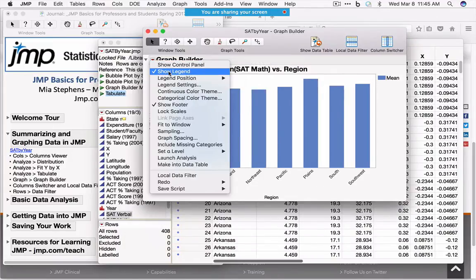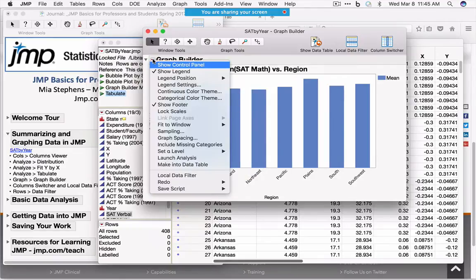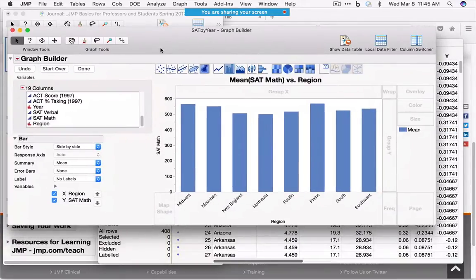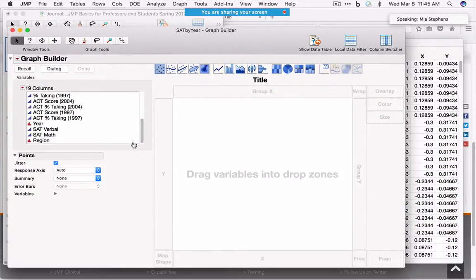So for example, we may not want to show the legend or a footer. We may want to include missing categories. So there are lots of options under the red triangle, and I'll ask for that control panel one more time. So I'm going to hit start over, and just briefly, this is one of the platforms in JMP where you